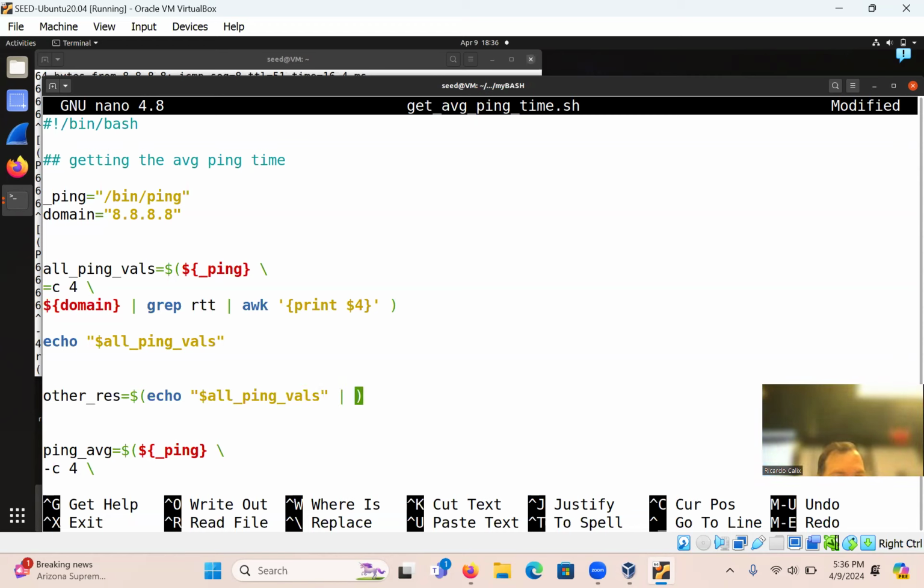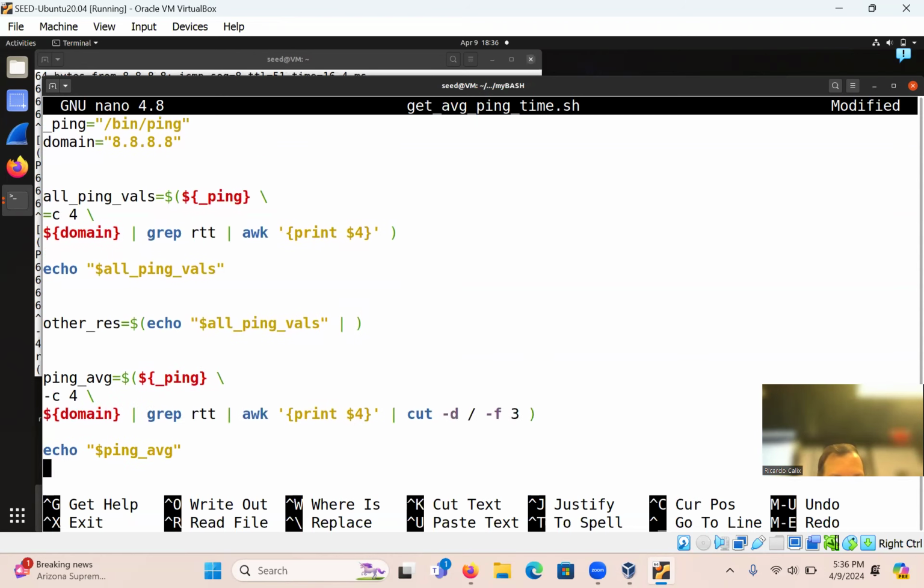Pipe. And then we just need to cut it, right? I think.